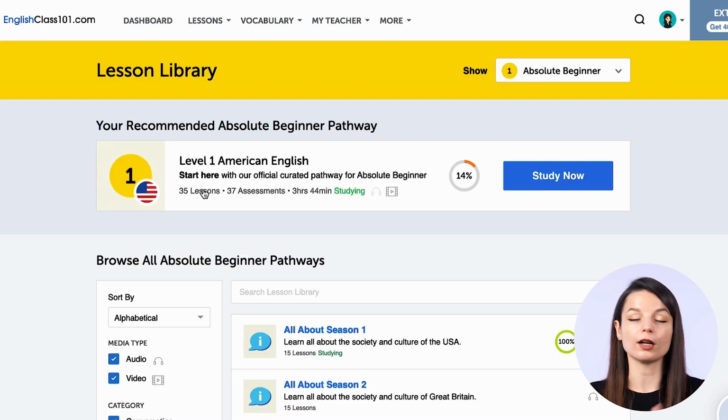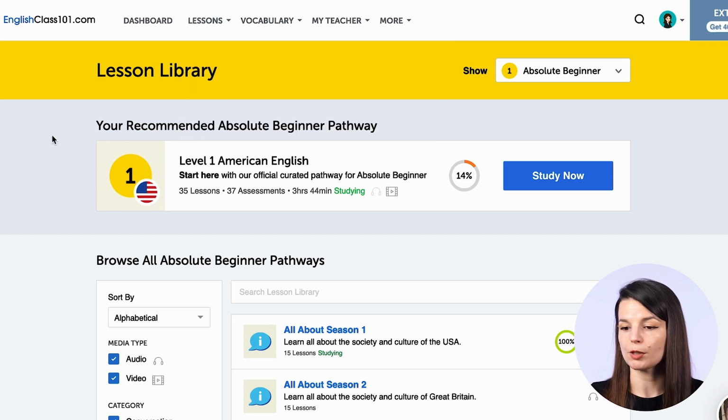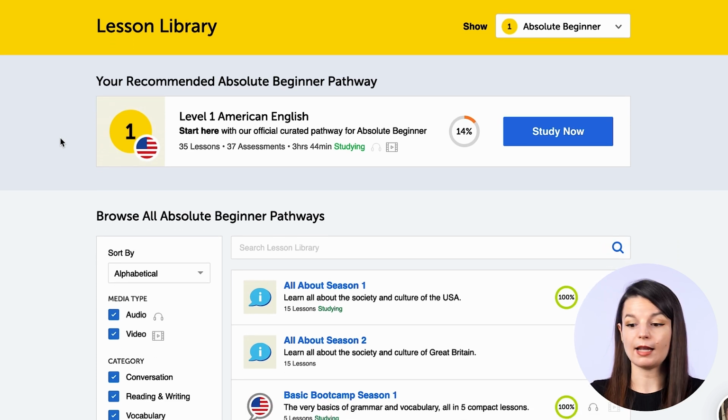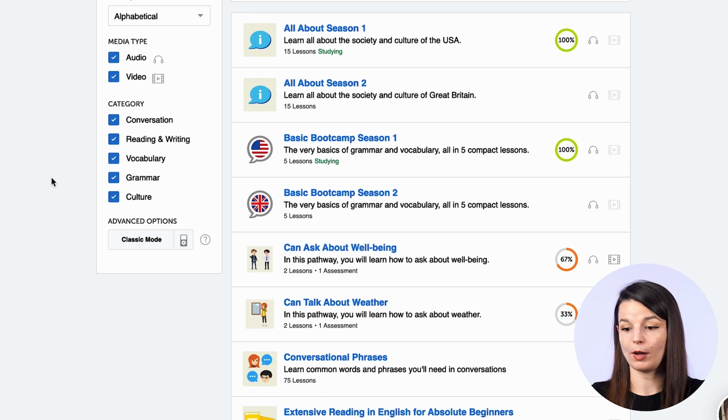This will take you to our lesson library. You can also access this by clicking on the Lesson Library link from the Lesson drop-down menu at the top of the page. So this will take you to the lesson library. Here, you can see what you are studying now, right? So this is the absolute beginner pathway. In this case, you can see all of the different lessons that are inside the pathway and all the information